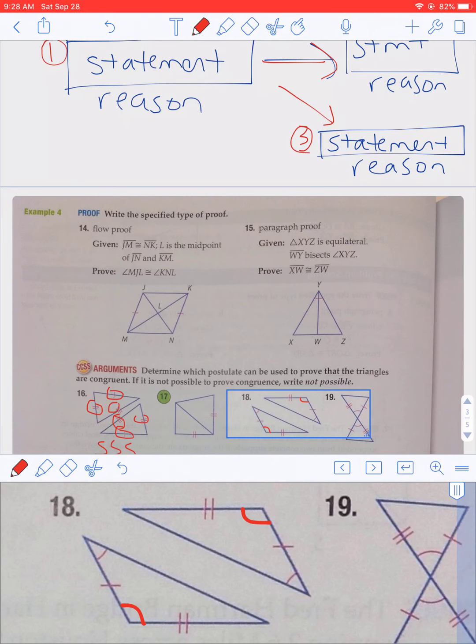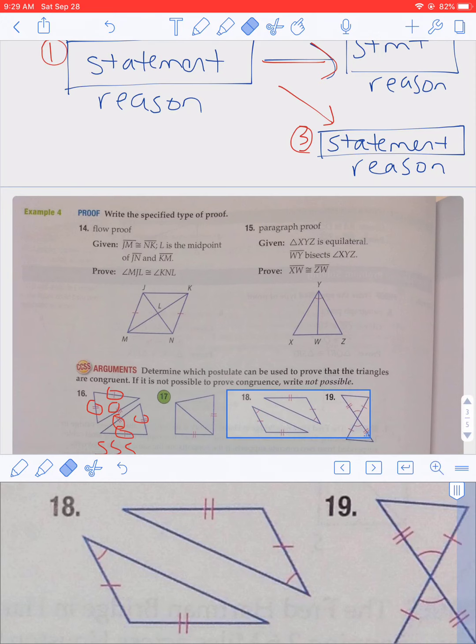And the reason why it doesn't work is if you tried to draw these two triangles, you would find that just by having these be congruent to each other, you could actually create triangles that are not congruent, even with those being true. And so that's why it does not work. If you want to try that out, with two sides congruent and that particular angle being congruent, you can see that you can still make, let me erase all this, you can still make